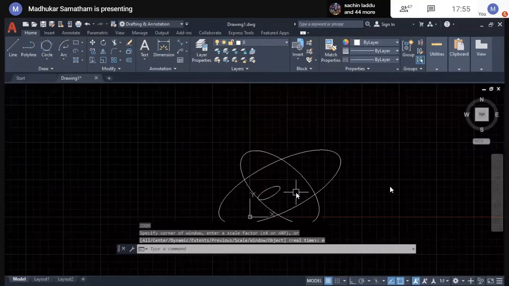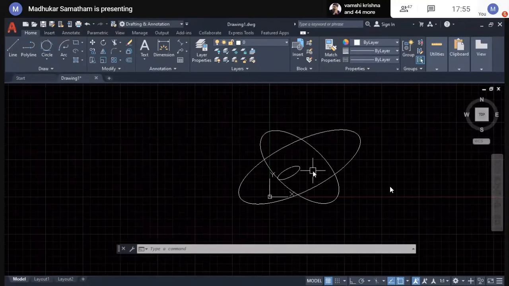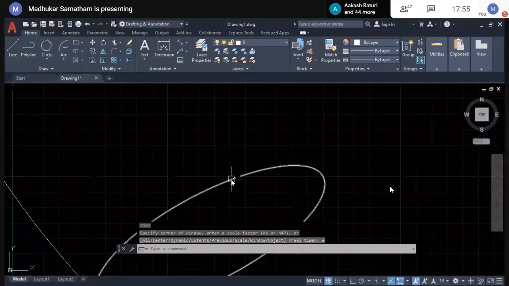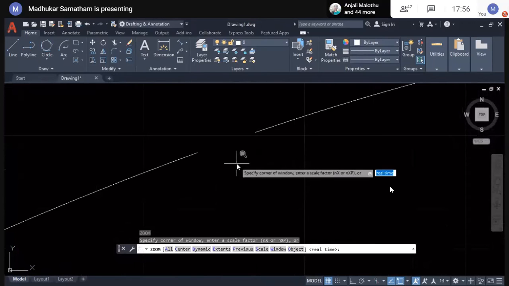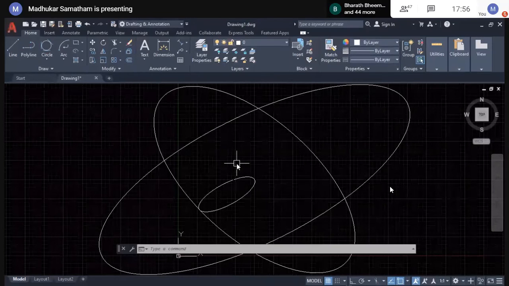You must understand the difference between ellipse and elliptical arc. Sometimes the mistake we make is drawing by using the elliptical arc option. It will display as an ellipse because the distance between the ending point and the starting point is minute. It may not visualize as an elliptical arc. When you zoom in, compared to the extents of the zoom, the starting point and ending point gap is negligible. So it will show you an ellipse.